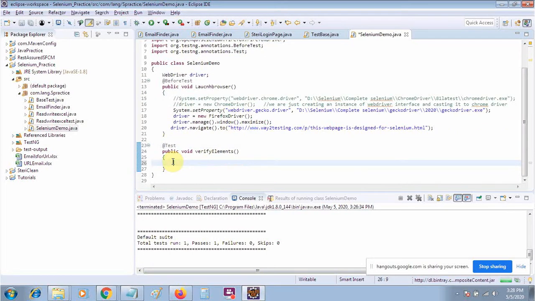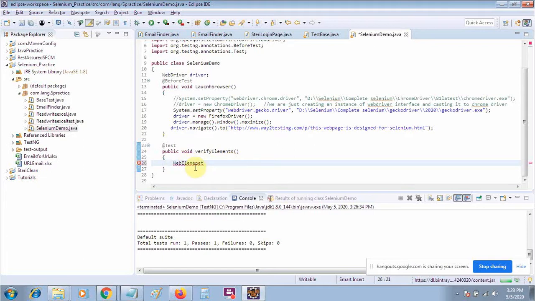Then actually in the POM I will tell you how to access the element by using the FindBy annotation. Suppose I am using a WebElement. It is just a notation to denote a web element. It is a package in Selenium.